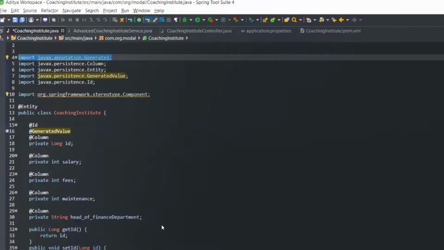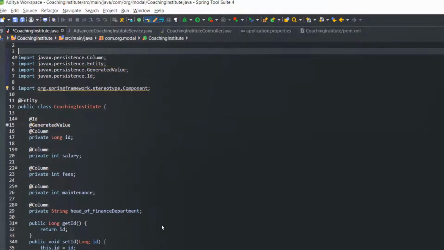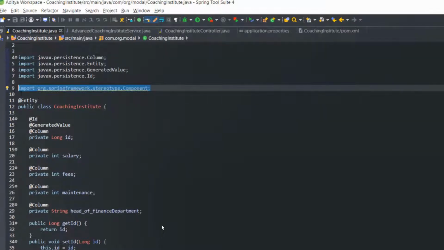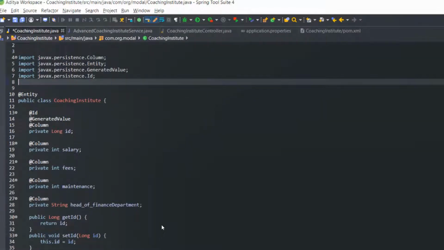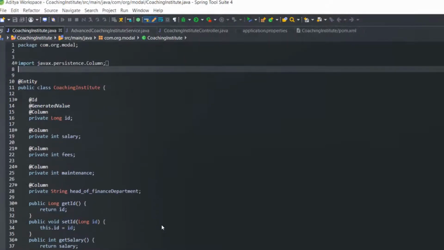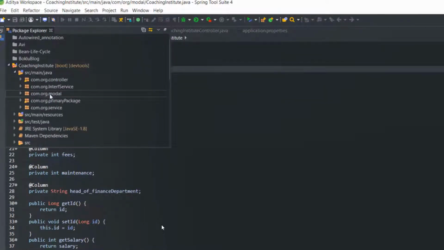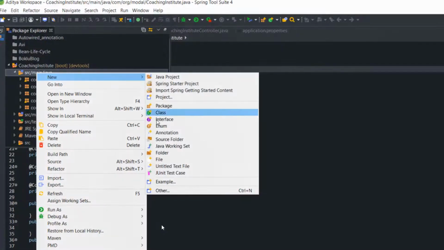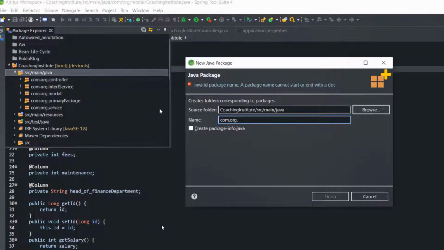So let's implement this one. Up to that much, our job of the coaching institute is done. Now what we will do, we will add one more package, and the name of that package, let's say I will keep the name as com.org.interf repository, and inside that package